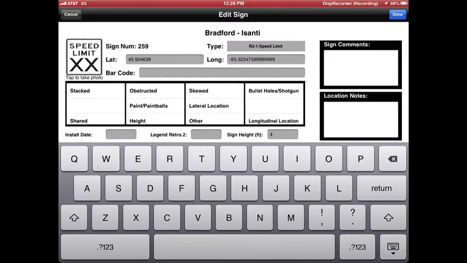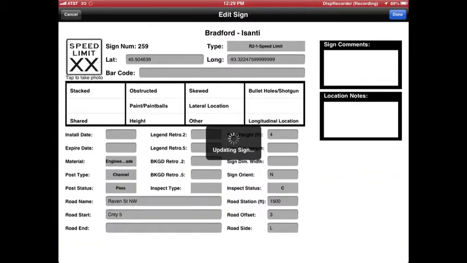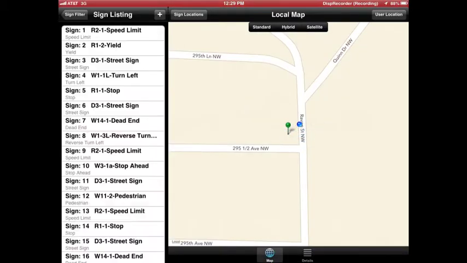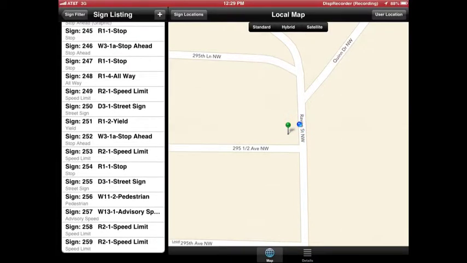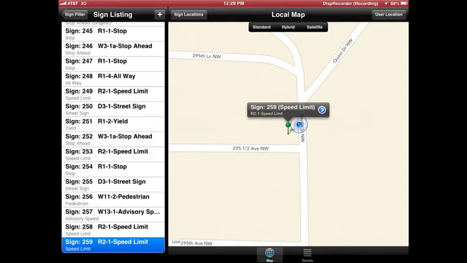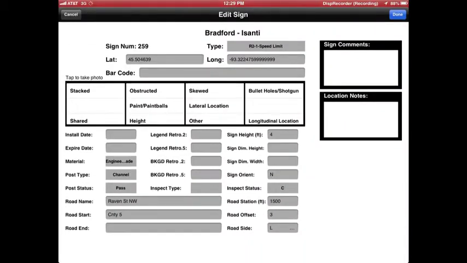At this point, I could record other things. If, for example, there's an obstruction, if the post is slightly bent or skewed, if there's bullet holes or paintballs, anything of that kind I could do. In this case, there isn't anything to record, so I'm going to press done. And now it is saving the remaining data for this sign. Once we get down to the list here, at the bottom, you can see it's there, and I will press this one more time, and I will go back and select that sign and the data, and you'll notice that is the data that I just entered. So I've now added a new sign to the Bradford